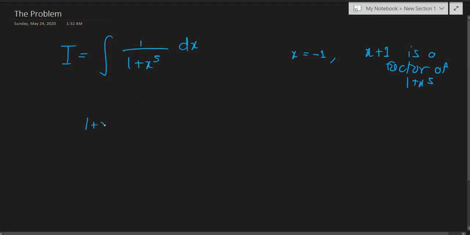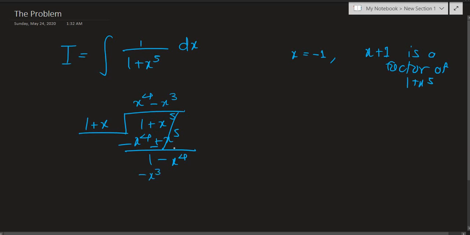So let's do this long division over here. We have 1 plus x, as I just told you, it's a factor of 1 plus x to the fifth, so we're going to divide 1 plus x to the fifth by 1 plus x. Firstly we're going to be multiplying by x to the fourth, so we have x to the fourth plus x times x to the fourth, which is x to the fifth, and then subtract everything. These terms cancel out. We have 1 minus x to the fourth, so we subtract by x cubed,